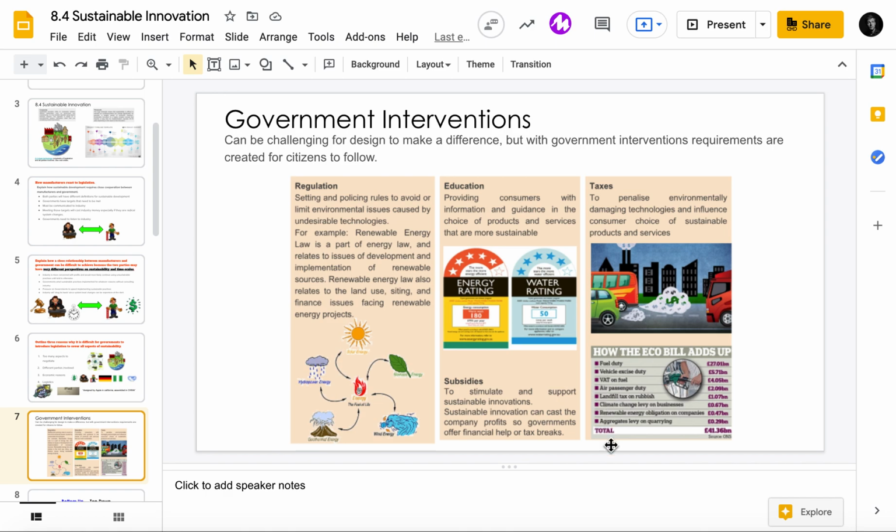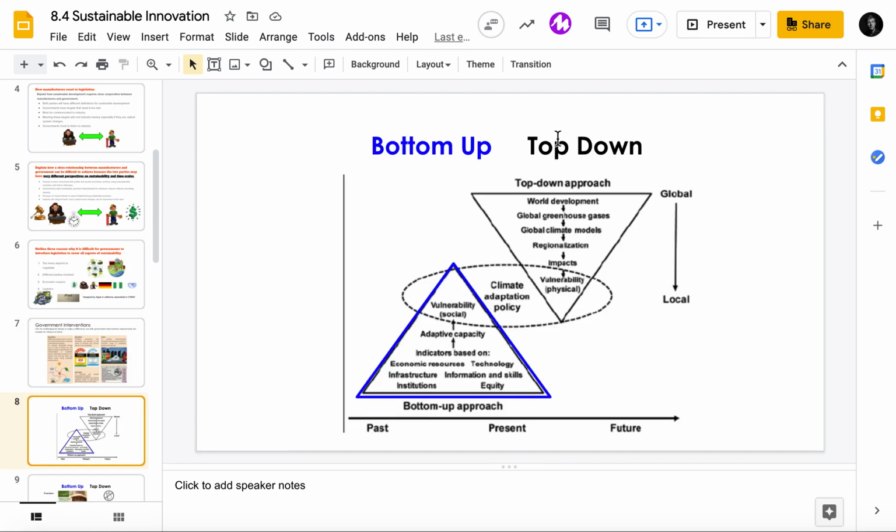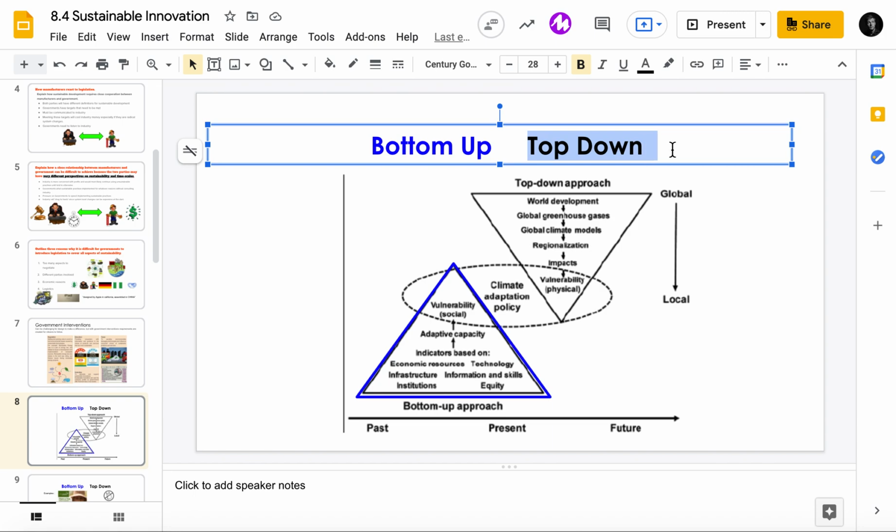tax you. So here's a little list. If there's fuel or how many vehicles, duties, rubbish, all these types of things, that's how much taxes can add up to. So that's what governments can actually do to force industry and people to make those changes. So thinking of governments as an example of this kind of top-down, where they can force people or they can make these regulations to make changes.